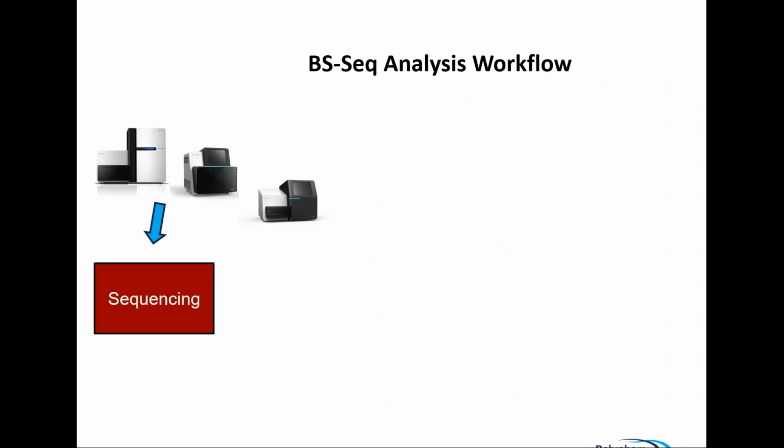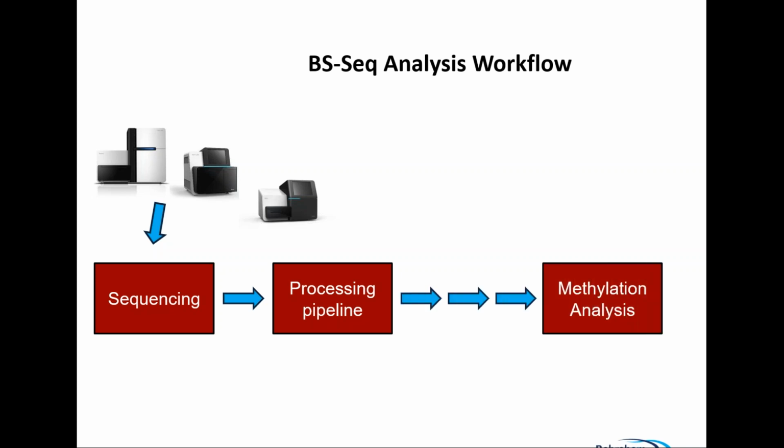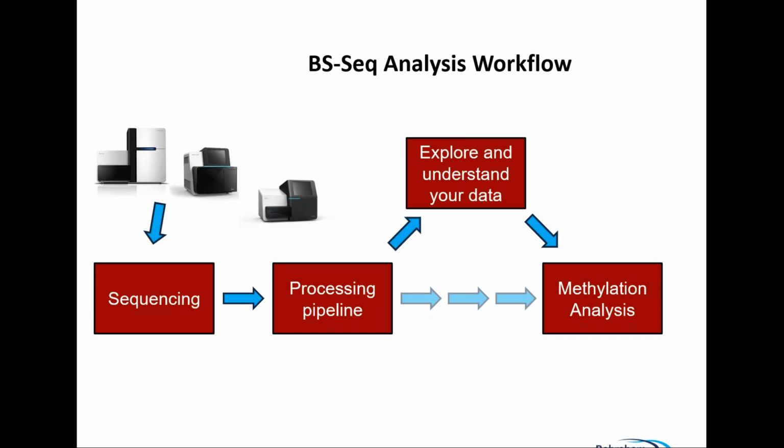So just generally, the bisulfite-seq analysis workflow is you get some sequences off an Illumina sequencer. So this is really dependent on very good quality sequences. So at the moment, it's really only Illumina sequencing. Then there will be some kind of a processing pipeline, and this is what we're going to talk about this morning in good detail. And then in the end, you will do some kind of methylation analysis. And what we're going to talk about today is all the steps involved in the initial processing pipeline. I want you to get to understand